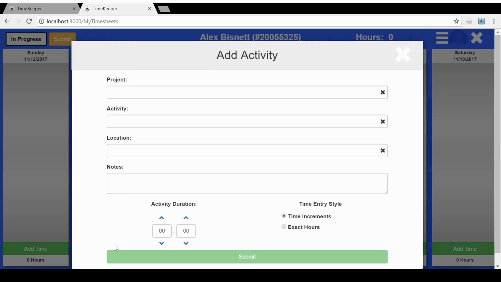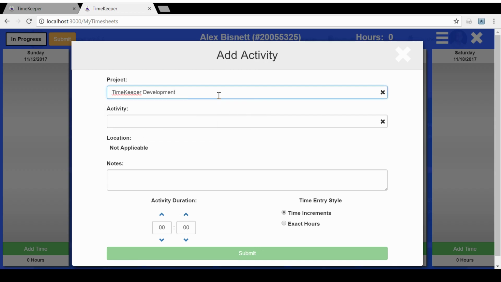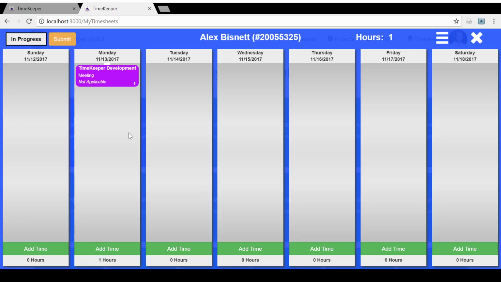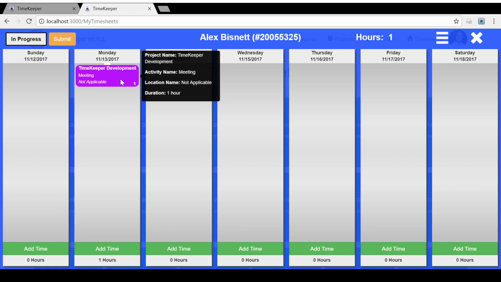So I'll go ahead and add one here. Let's say one of the things I do on a regular basis is a Timekeeper meeting, and every time I have one of these meetings, I have to come in here and fill out the form and submit it. Same information every time. Well, if I get tired of filling out that form, I can add one of these